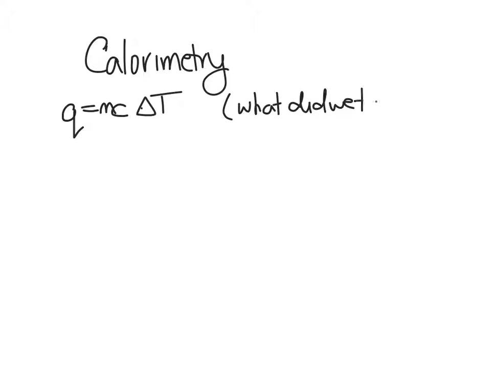Calculation for the surroundings, we're going to use MC delta T. So whatever we take the temperature of, that is our surroundings. So that's for our surroundings. And then, for the heat change, so whatever our system is,